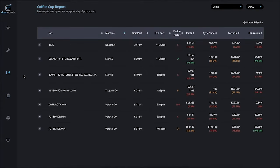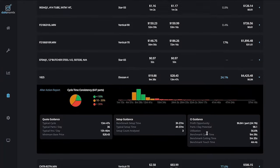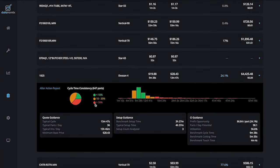It's also tracking job performance, which is really important for us on the quoting side of things as well. So if we're quoting a similar product, we know what the historical averages are and everything, right? So instead of saying, oh, this feels like a 15-minute part, we know it's a 14-minute and 30-second part. Historically, we were using what our job routers would say or something like that, which could have some inaccuracies in it. I'd say our quoting probably got about 10 to 15% more accurate for parts that we have Datanomix data